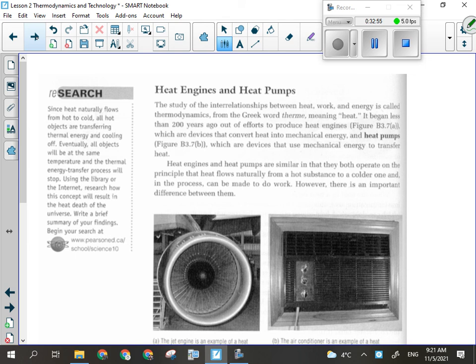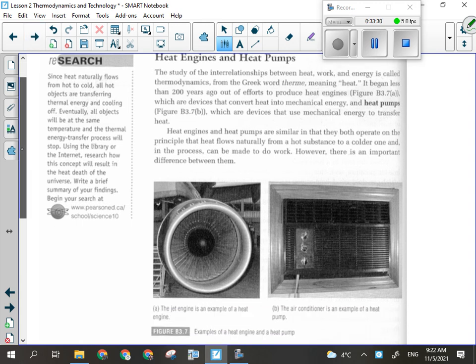When a jet engine is at idle, the turbines have to be turned by electricity. Otherwise, the heat will go out the front because it's the lower path of resistance. So they have to actually get the turbines turning to start the air going the right way. Once the plane is in motion, it kind of takes care of itself. But at idle, when you see a jet at the airport just sitting there and the turbines are running, they're actually running not off the combustion of